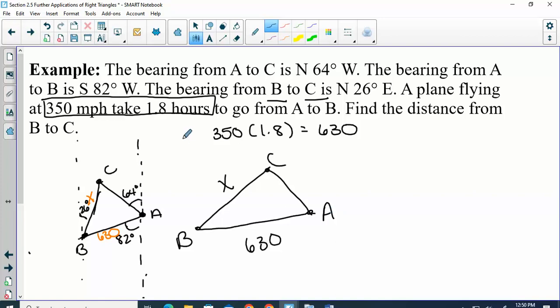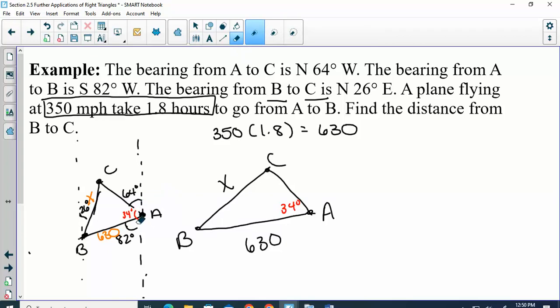So we need to start finding some of the angles in our triangle. 90 minus 26. That only works if you know it's an east-west line. Don't these three together make 180 degrees? So if we do 180 minus 64 minus 82, that angle is 34 degrees. Okay. Now,